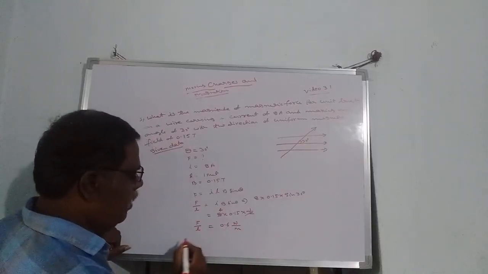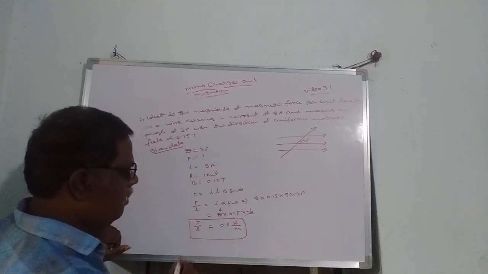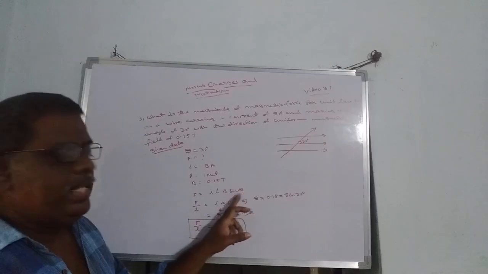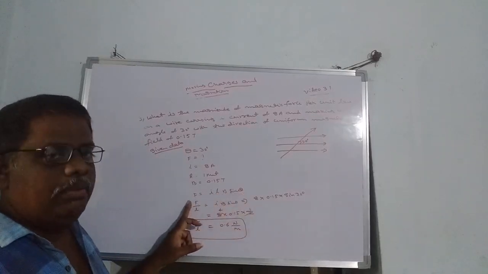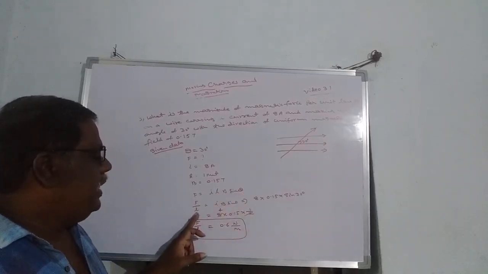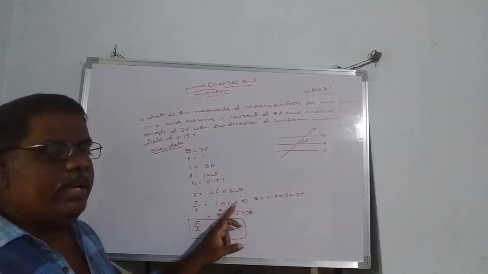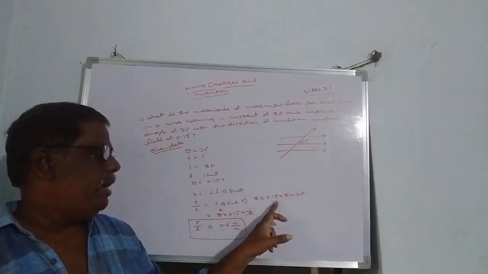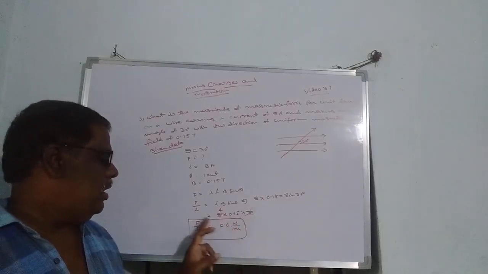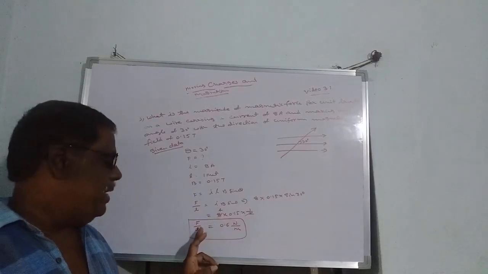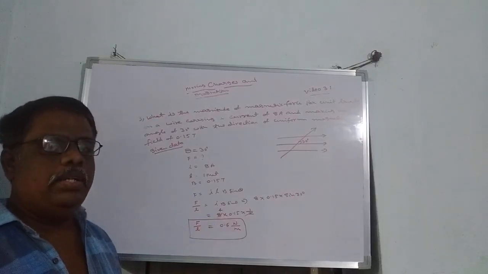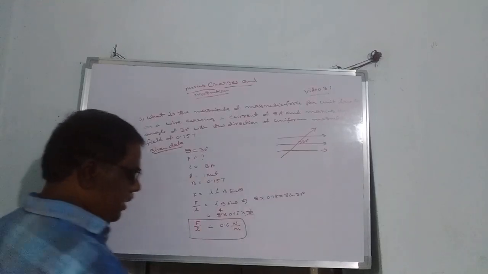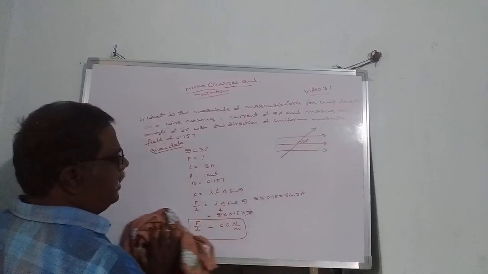So this is the problem. In this way we have to do the task. Force per unit length, general formula F is equal to ILB sin theta. L is taken to the left side, then it becomes force per unit length, and the formula becomes IB sin theta. I value is 8, B value 0.15, sin 30. On simplification you get F by L is equal to 0.6 Newton per meter. Note down the next problem.